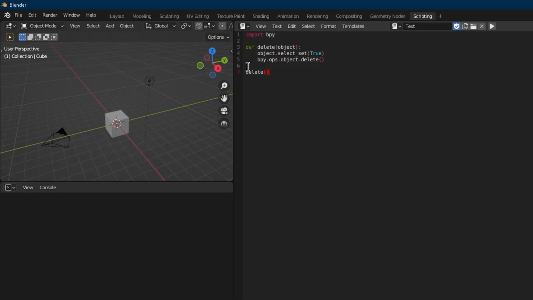So there's a couple of different ways we can do that. We could just say object is bpy.data.objects, and then say the cube, because we know how to do that. So let's see what happens now. Cube's gone. So let's do this in a slightly more Pythonic way, because I don't think it'll like us doing